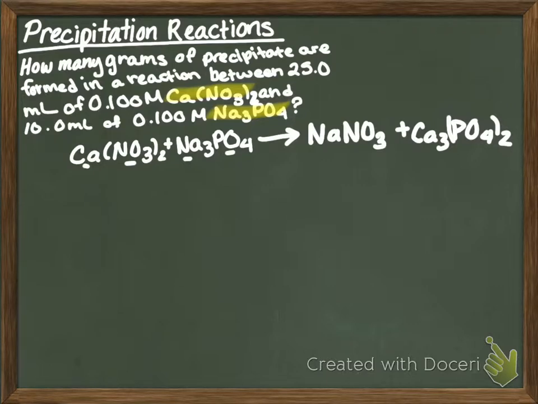To balance this, we need to look at each atom individually. First thing we can notice is the calcium needs a 3 in front of the calcium nitrate to have that balanced. And that gives us 6 nitrate ions. And so we need to put a 6 here in front of the sodium nitrate. After we add the 6 there, that gives us 6 sodiums, which means we need to add a 2 in front of the sodium phosphate, which also balances the phosphate ion because now we have 2 of those on each